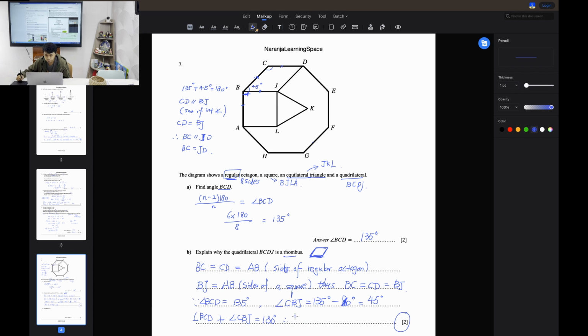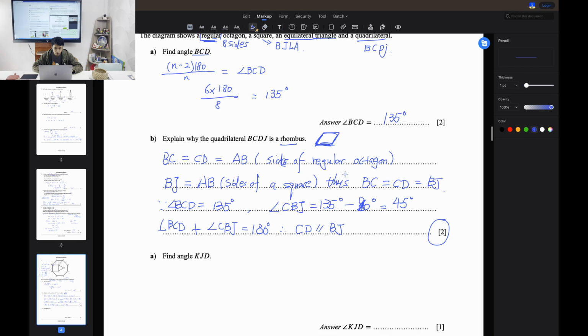So we know that CD is parallel to BJ, because of this. Then we can follow with the rest. Okay, pardon me, this is supposed to be